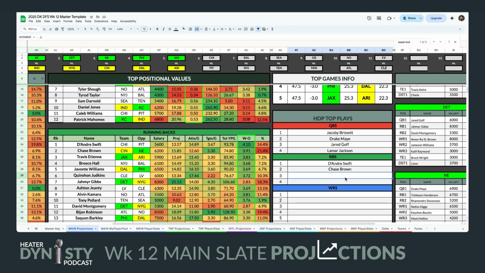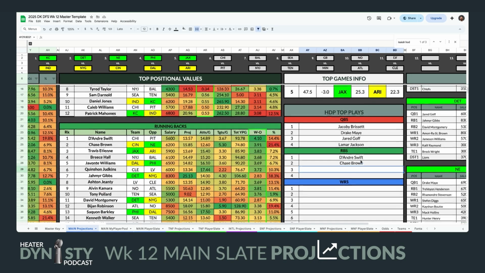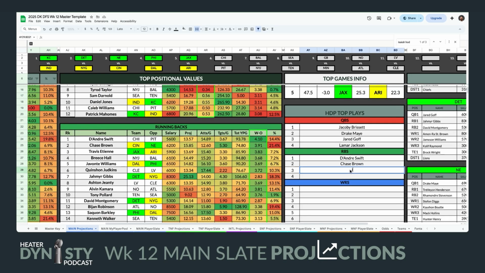I do think this week with Trey McBride, he's probably going to be locked in cash again, that you might be doing more 2 tight end builds or 3 running back builds. Those are kind of the 2 ways that I'm leaning right now. But the next player, Jahmyr Gibbs, he's almost locked into my lineup.